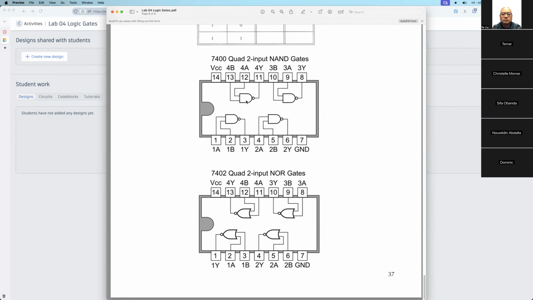The NAND gate, we said before, is the NOT AND gate. So for this one, you can think about the AND function first, then negation, flip the result. This is the NOR gate. The NOR gate is different. So